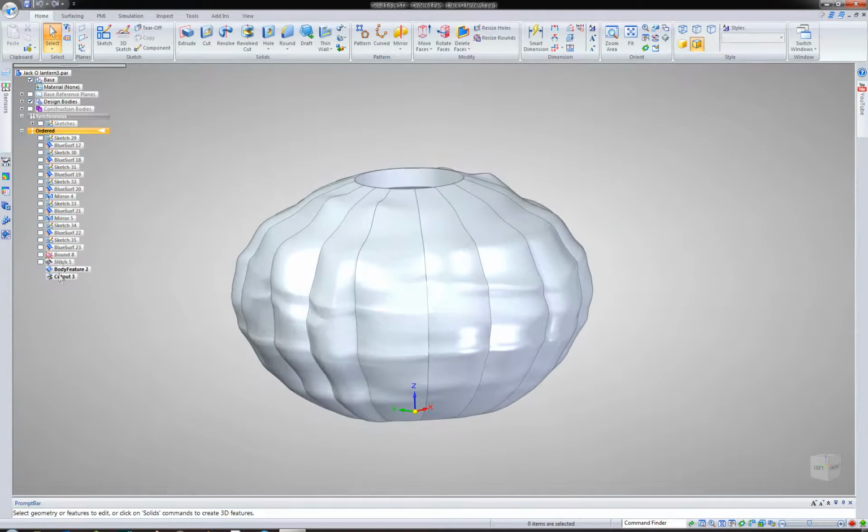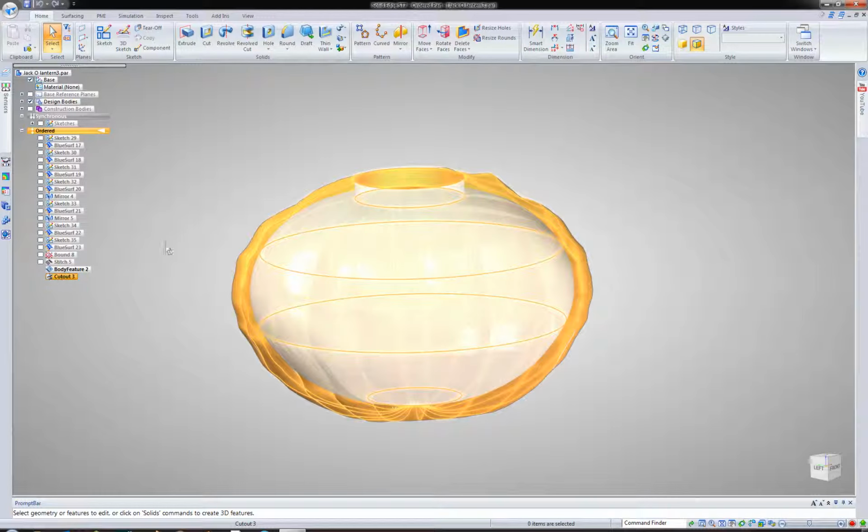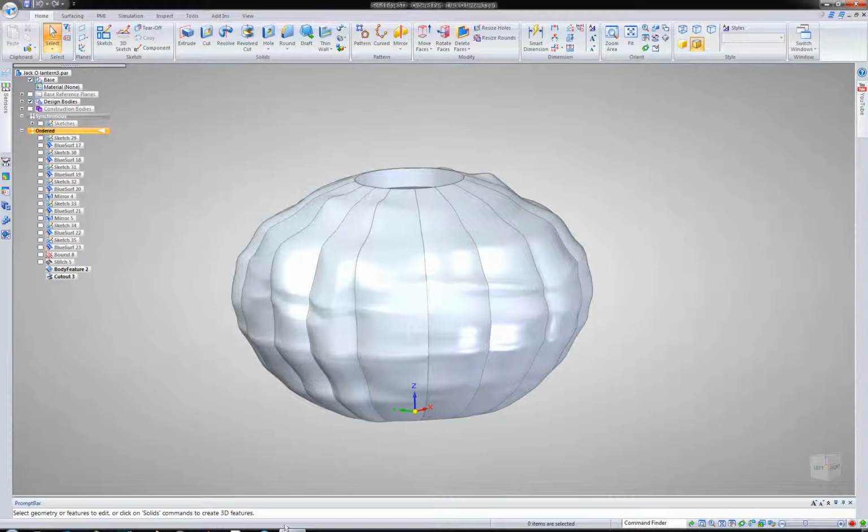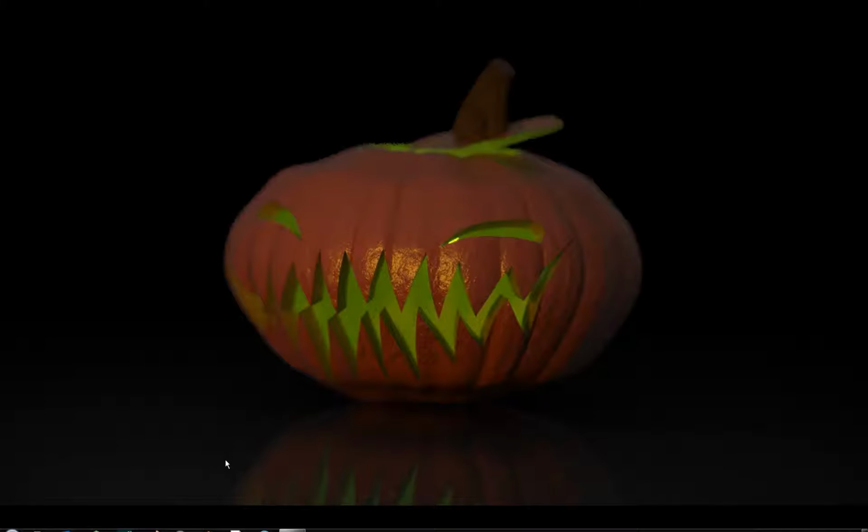Oh, I do have that one done. Alright, so I did a hollowed out, so there's the revolve cut that I just did. Alright, so the next step is to actually get the face profile. So on this one, I tried a couple different scenarios, and what I